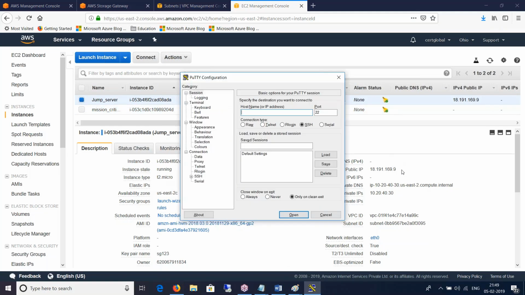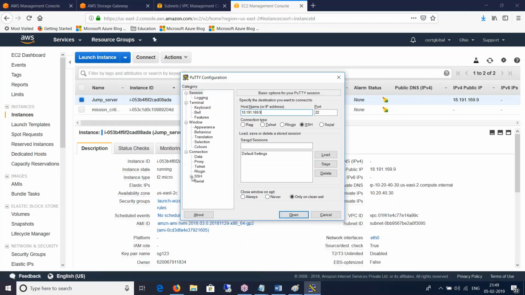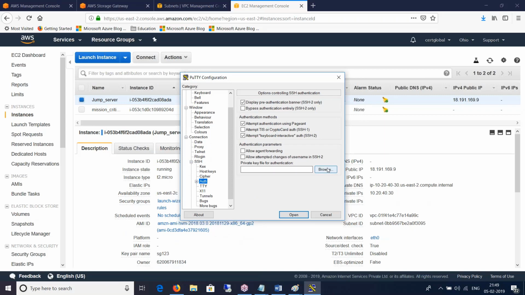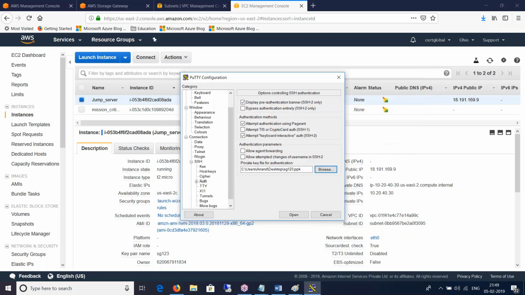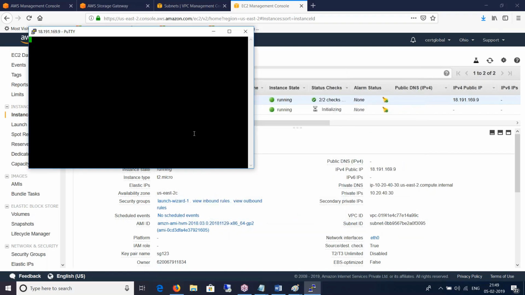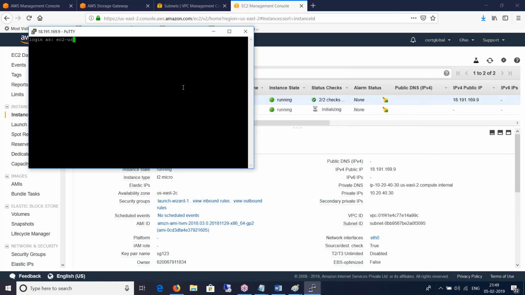So I will first connect to the public machine and point it to my SG123 sitting on my desktop. Okay, SG123, there. Open. And if I'm lucky, I'll connect. Looks like I'm lucky. So EC2-user.